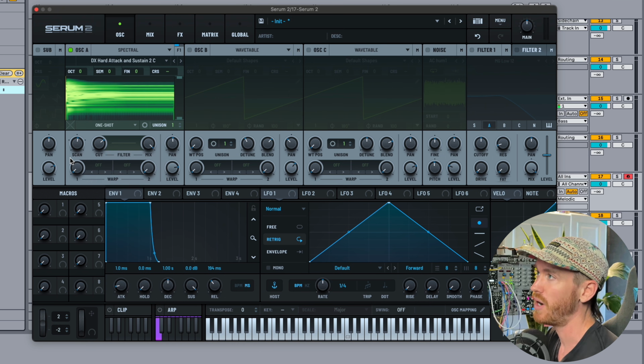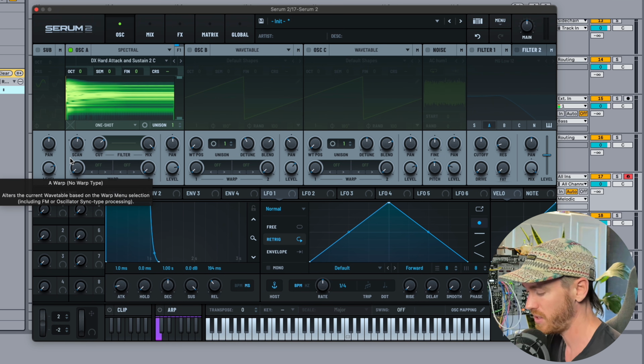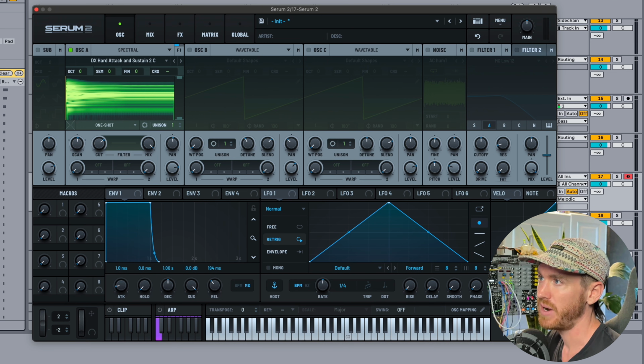We also have this transient option. Now this is really cool. I use this when I am processing drum samples through the Spectral oscillator. So I'm just going to find a break sample and I'm going to use one out of the EDM Prod